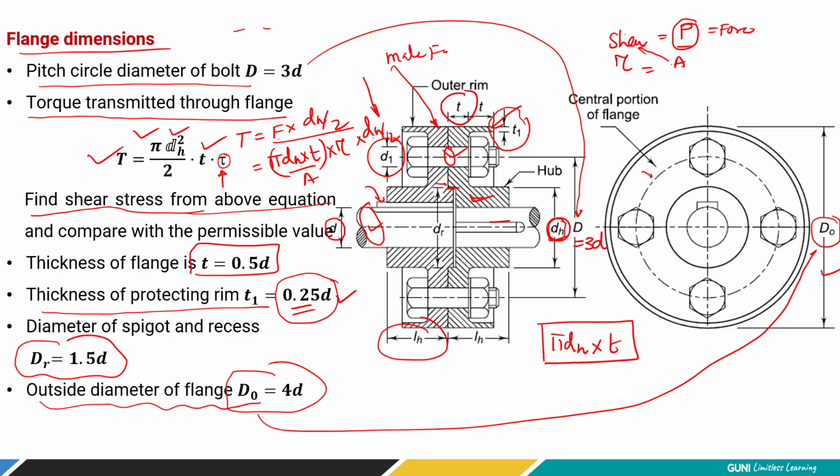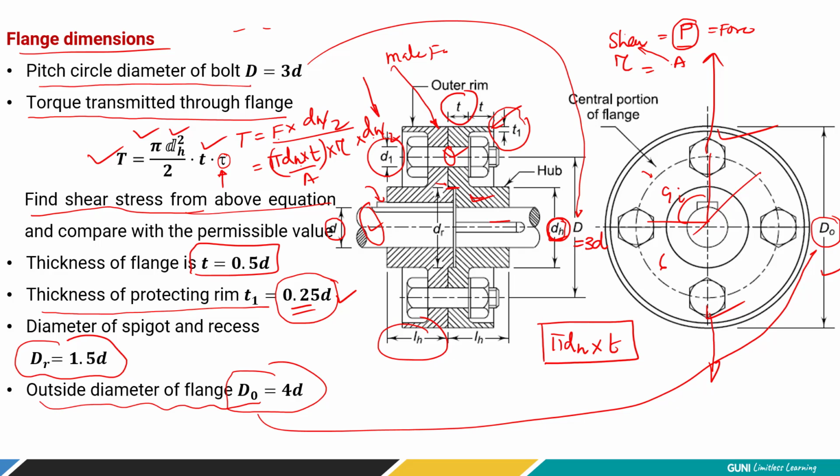Just look over here. If there are 4, each is distributed by 90 degrees. If there are 6, there will be 60 degrees, or maybe another angle. But it is possible to arrange them in such a way that each bolt is accompanied by an opposite bolt. So due to rotation, the centrifugal force is going to create a force in the outward direction, but the opposite equal bolt is going to pull in a different direction.